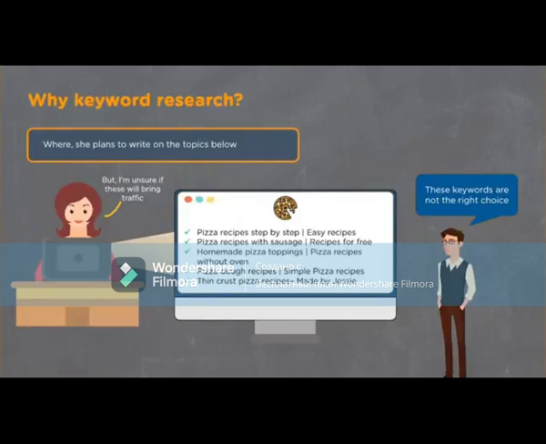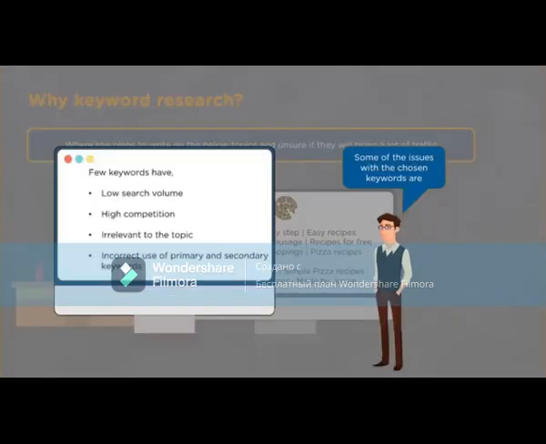So the question is, if you're writing a blog post about recipes with sausages, is "pizza recipes with sausages" or "recipes for free" the best keywords to use? Maybe, maybe not. So you need to take care in choosing the keywords to align with your content. That's really the idea of why we would do keyword research, because some of the issues with keywords that